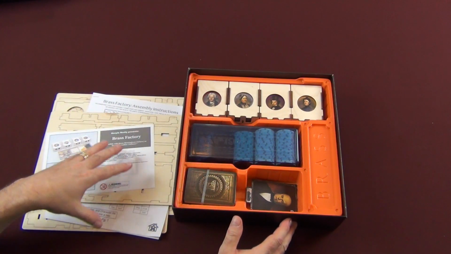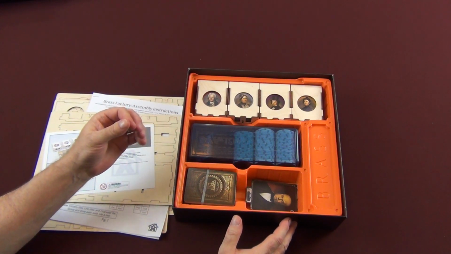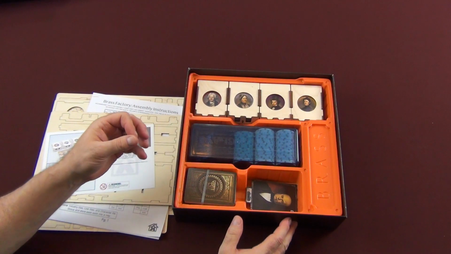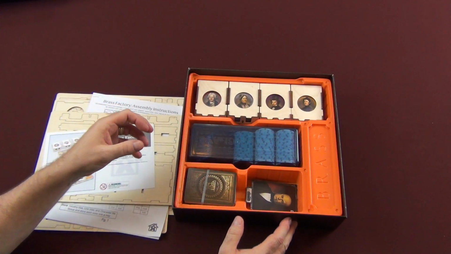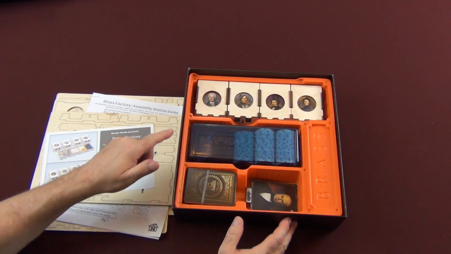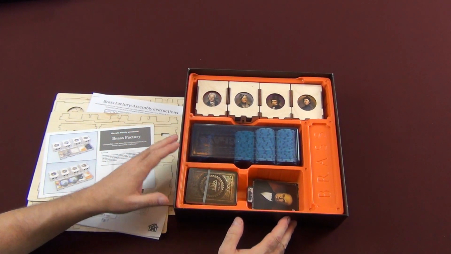And that is key, especially for a game like this where you've got those industry tiles, especially when you have a bunch of them like the cotton mills that you have to lay out in order, and you take so much time off of the setup by having everything laid out in a nice order, in a really nice